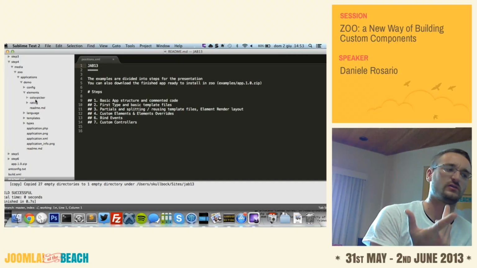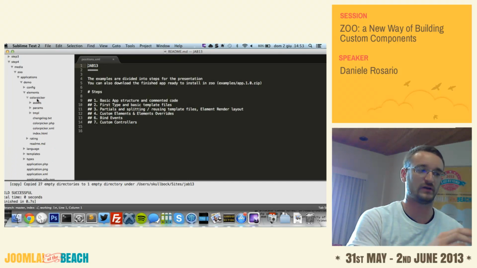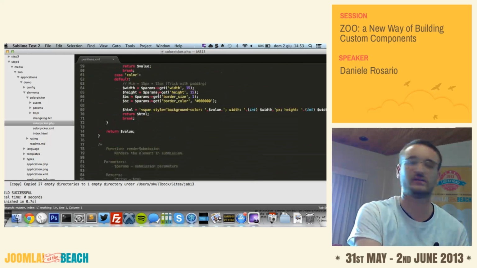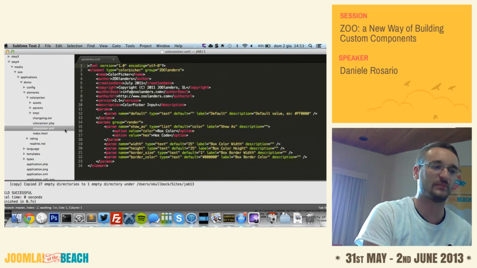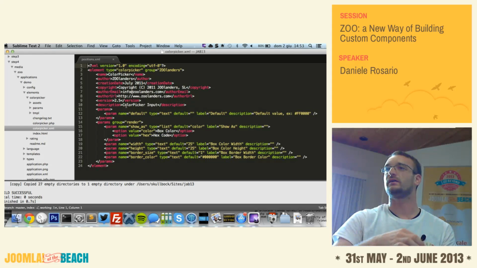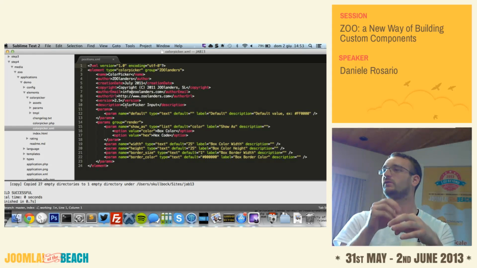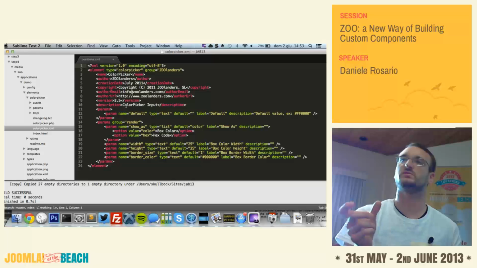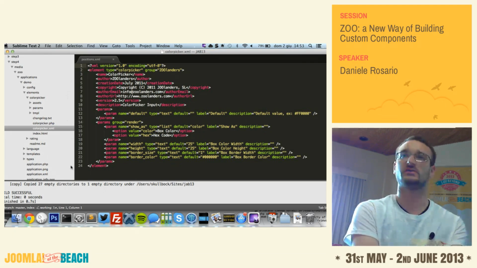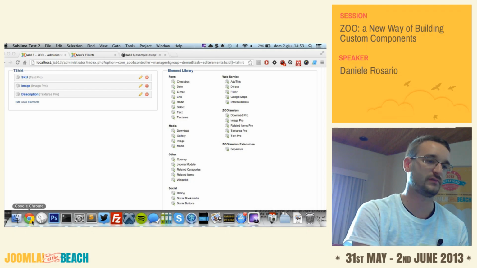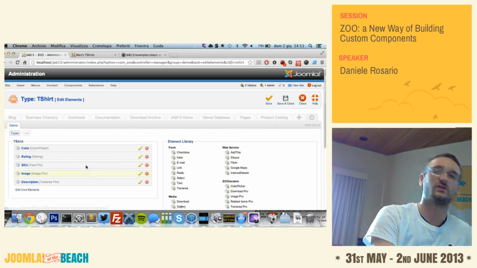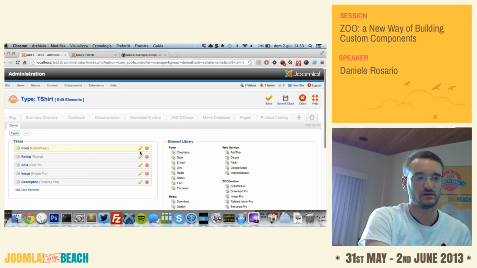So I added this color picker element. I will not show the code because it's not long, but it doesn't actually mean anything in this situation. It has a couple of parameters, like how to display the color in the front end: as a box, a circle with the color inside, or, I don't know, as an RGB code printed out. I dropped it into my application, and if I go to my edit element, now I have this new color picker element, which I found here